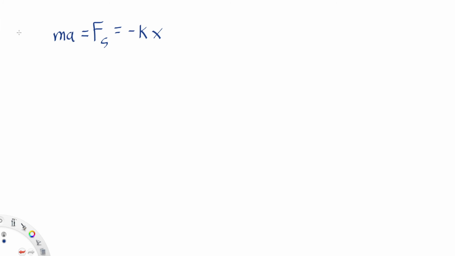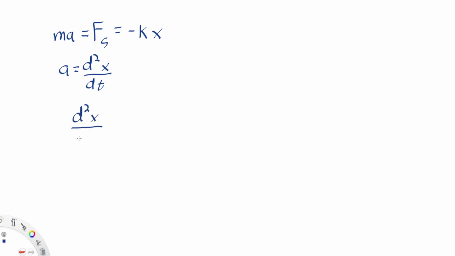And of course, what we mean by acceleration, we can write acceleration as the second derivative of position. So if we rewrite this expression of Newton's second law and Hooke's law, we can write the second derivative